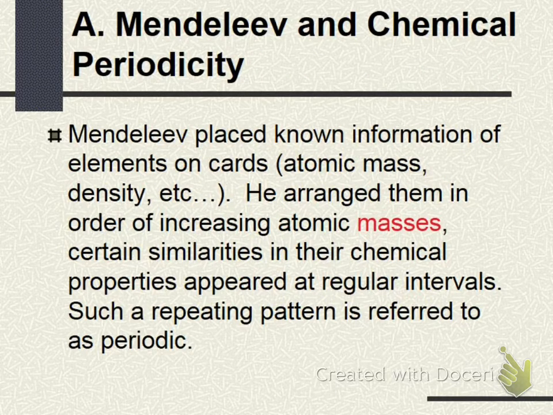So the first guy to come along was Mendeleev, or Mendeleev, depending on who's saying it. He was the first one to place all the information known about the elements at the time on cards. He arranged them by their atomic mass, density, and different properties. Then he decided to arrange these elements in order of increasing masses, and he noticed that certain similarities in their properties started appearing at regular intervals. Such a repeating pattern is often called periodic. And so he was very instrumental in setting up the very first